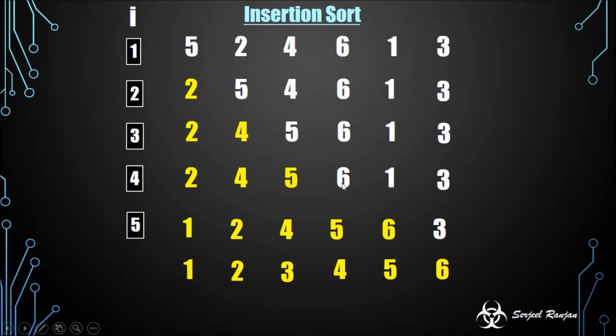And this is what we say, one was successfully inserted in the respective place. And finally when i is 5, our value is 3, and 3 should be inserted in between 2 and 4, and we successfully did that in the final iteration. So this is the reason why it is called insertion sort. So I hope your understanding of insertion sort has developed, and now we are ready to get into the text editor to write the program for this.